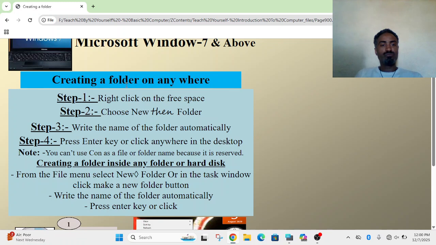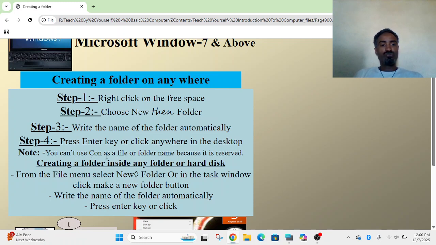Mobiles organize automatically. When we open My Files, it organizes pictures with pictures, audio with audio, downloads with downloads, and videos are organized. But again, we have to create a folder and put each of the files in it by giving a specific name that helps us to remember easily. Press the enter key or click anywhere on the desktop after giving a name for that folder.